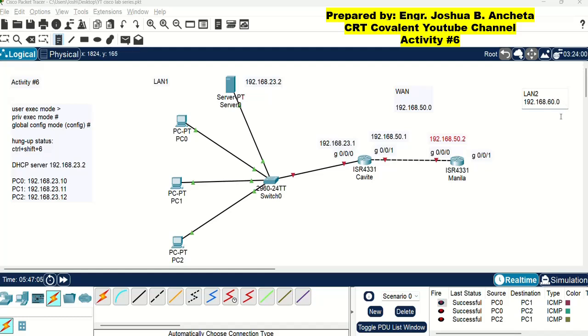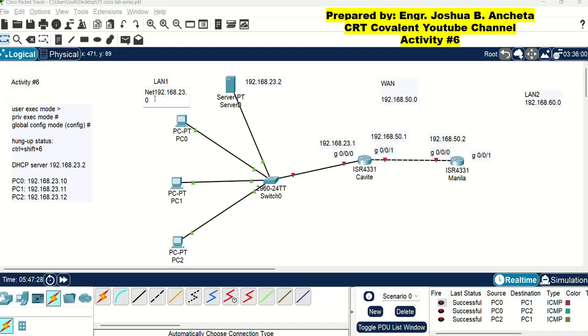That is our LAN 2. This is the network address, the so-called network address. While in LAN 1, the network address is 192.168.23.0. So take note of the following network addresses.